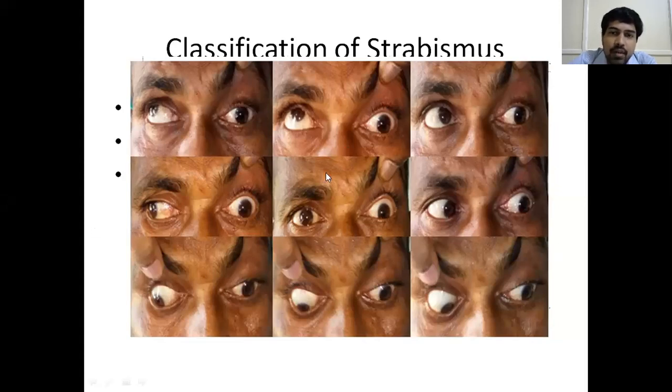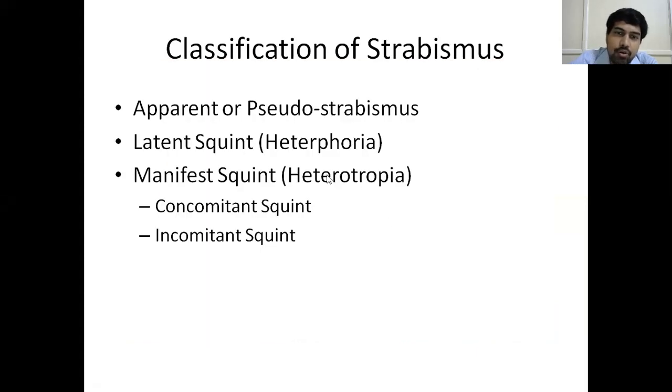So in heterotropia, as soon as you see this person, you can say that, see, there is a squint. This eye is rotating completely, but this eye is not moving. This eye is completely moving, but this eye is fixed. It is not moving. So here there is some paralysis of the muscles of this particular eye, the left eye, because the right eye is moving freely in all directions, but the left eye is not moving. So that's why this is a case of a paralytic squint. It is a heterotropia actually, because as soon as you see the face of the patient, you can notice that there is a deviation of the eye, and in that it is an incomitant squint or a paralytic squint. Why it is a paralytic squint, we will see later on.